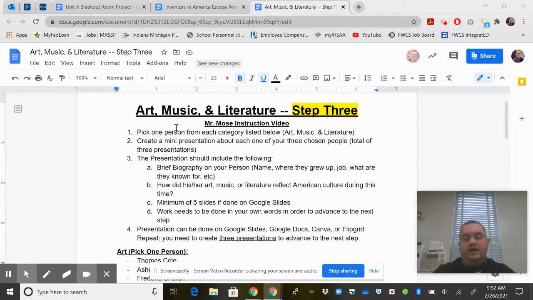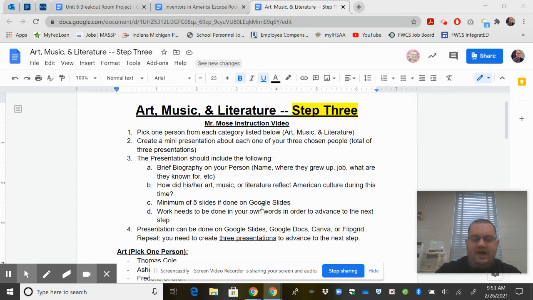What we really want you to do here is take your knowledge of America and what America was like during this time. In step one, we talked a lot about immigration. We talked about some of the cultural things with the North and the South. So how does this reflect what you learned in step one and what you've learned in the past about American culture? Does it even relate to what's going on today? Does it relate to our culture today in the United States? This is really getting at why this person is important, why this person had an impact on American culture, and why we are learning about them today.